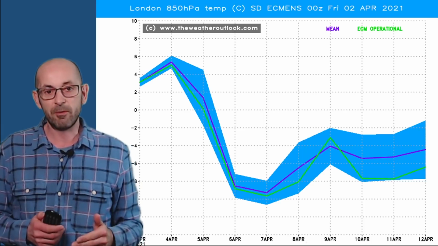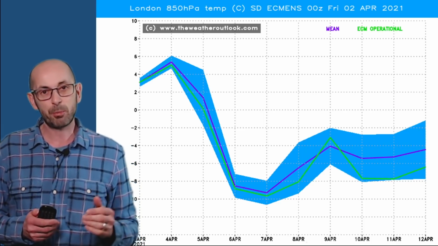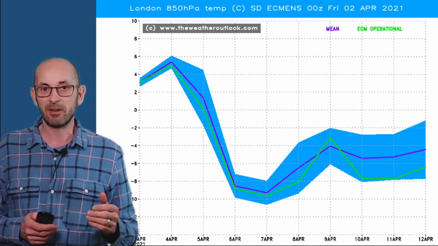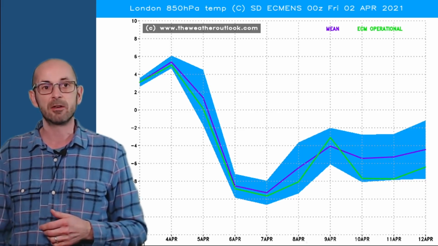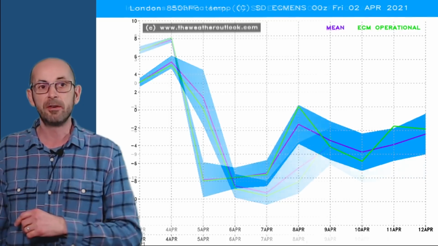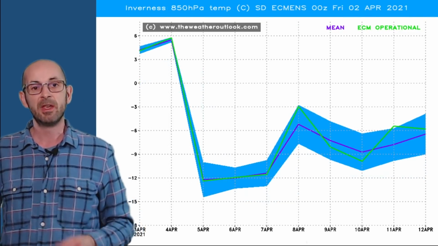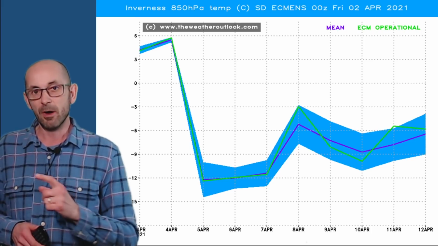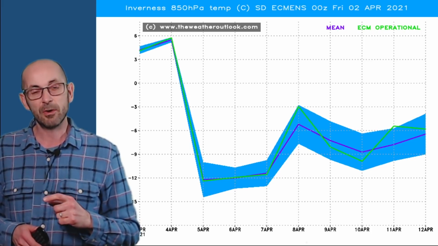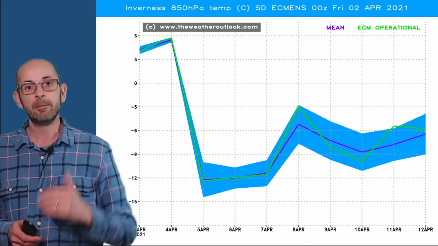And they're recovering around the 8th of April, and that's probably when we've got that less cold sector, that warm sector associated with the area of low pressure tracking across the UK. This one's for London, and this is for Inverness. It's a pretty similar pattern, although there is a greater likelihood of, because we're further north here, there is a